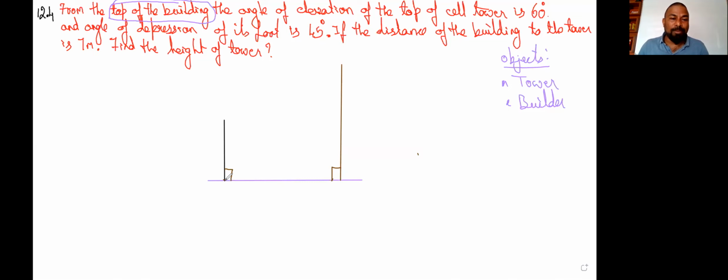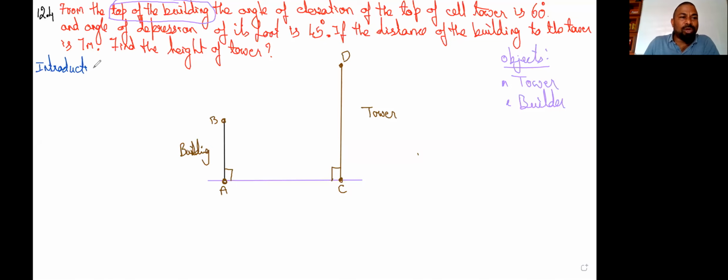I like to label this one. I like to call this as A and I like to call this as B, and I'm calling this one as building. Right? The first vertical object, I'm calling it as building here, and I'm taking the other vertical object. I like to call this as C and I like to call this as D, and it's nothing but the tower. All right. So what we have taken? We have taken two vertical objects. All right. So as soon as we are done with the two vertical objects, let's introduce the topic in the given question.